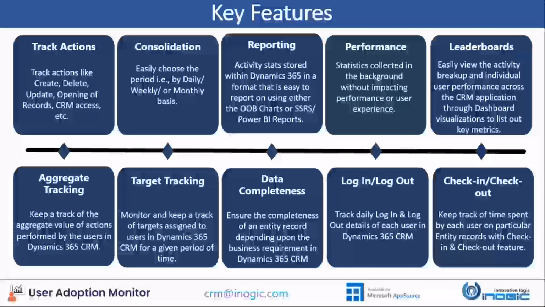So these are all the key features that you see for the user adoption monitor. I would like to quickly go around all of the key features over here, like track actions. As I was explaining, you can easily track what the user has been doing in the CRM, like updating any records, creating any leads, or creating any opportunity. All of the tracking actions that have been performed can be tracked